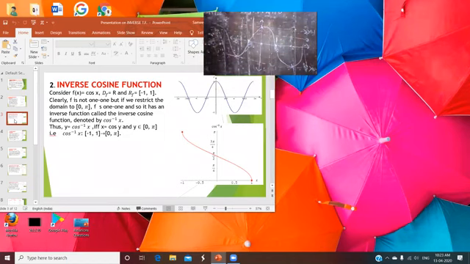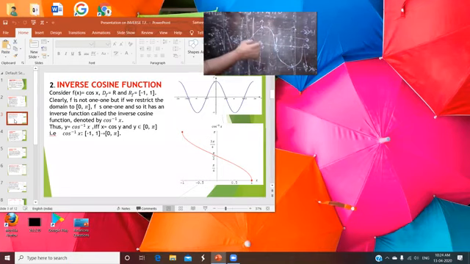But here you have to search those points close to the origin where the horizontal line intersects at one point. So here, from x is equal to 0, that point is 0. And here you have pi by 2. And here again you have pi. So from 0 to pi, just see it. From 0 to pi, the horizontal line intersects the curve at a point only, this point only.